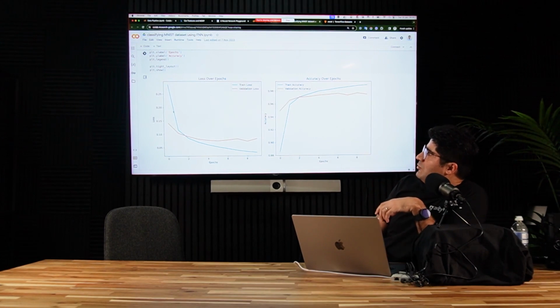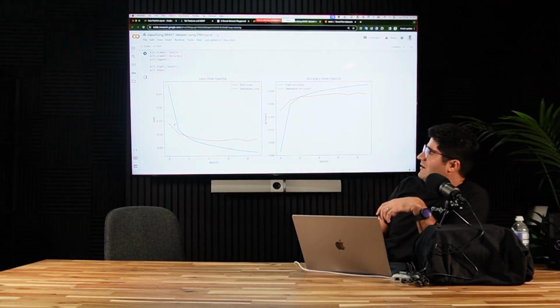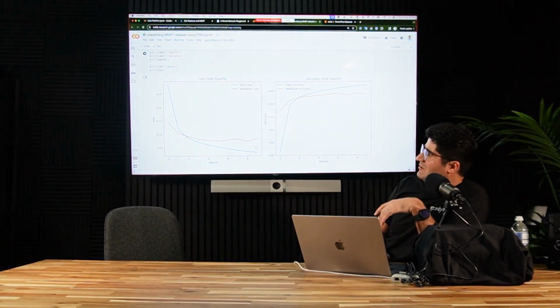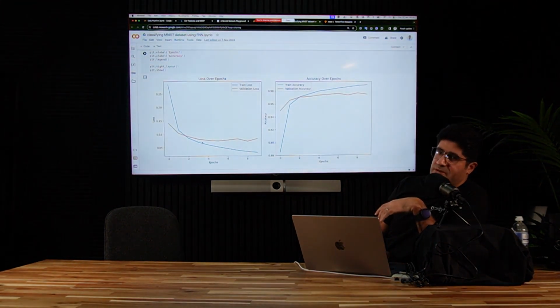The blue one is for the training data, and the orange one for the validation or testing data. And as you can see, going forward, the error rate for the training data is coming down. It's similar for the testing data, but it could be better.